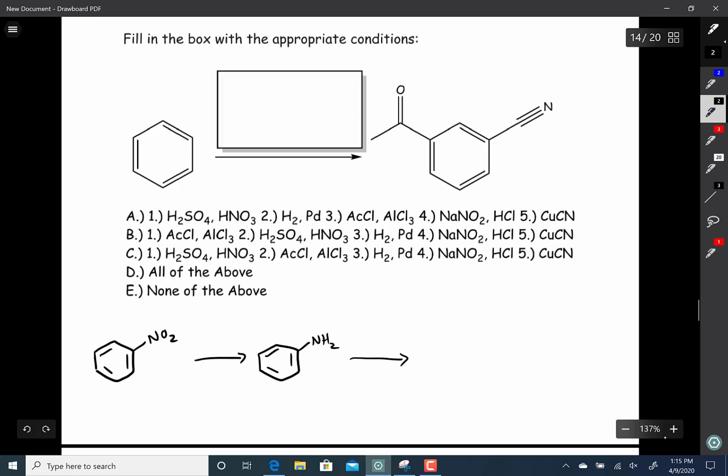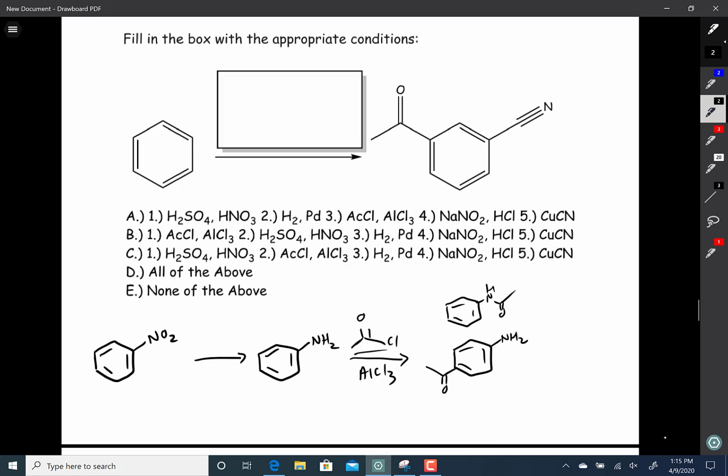And then when we add acetyl chloride and aluminum chloride, remember acetyl chloride is this. We have an ortho-para director, so that would likely lead to there. But you also have an amine and acid chloride, that could very well give this product as well. So this thing right here is probably going to be a little bit on the messy side. But continuing on,